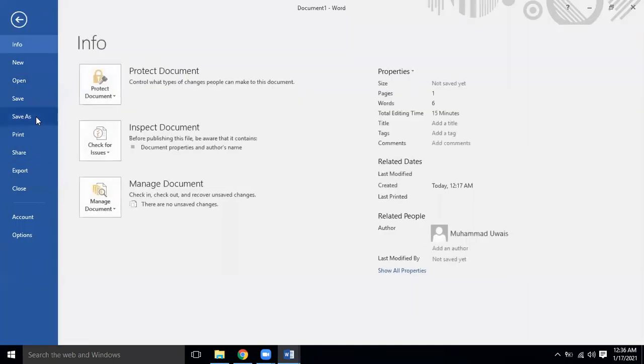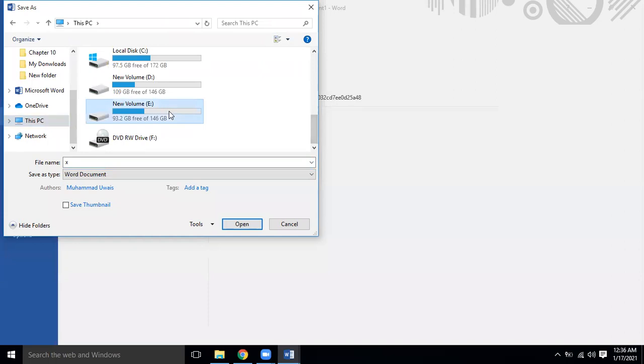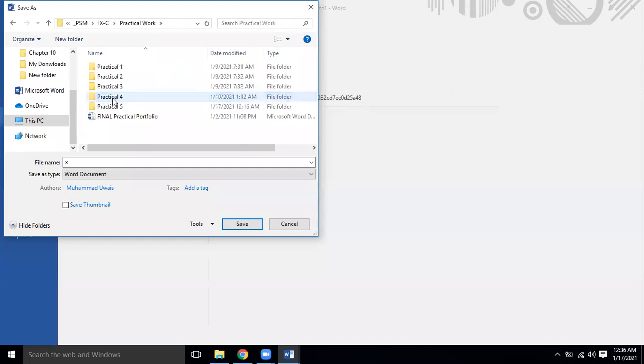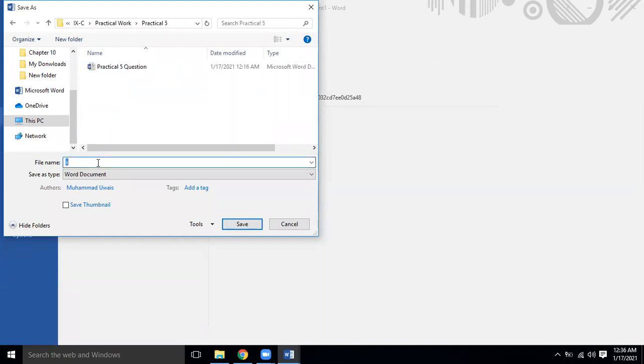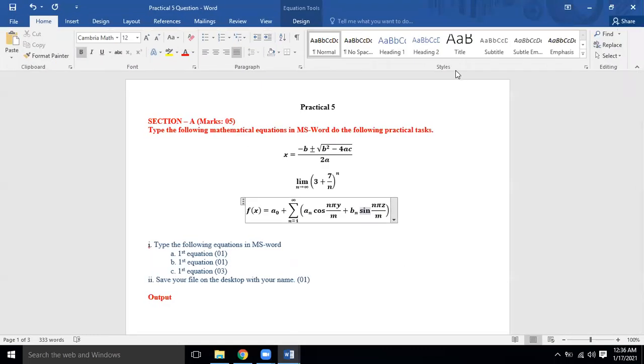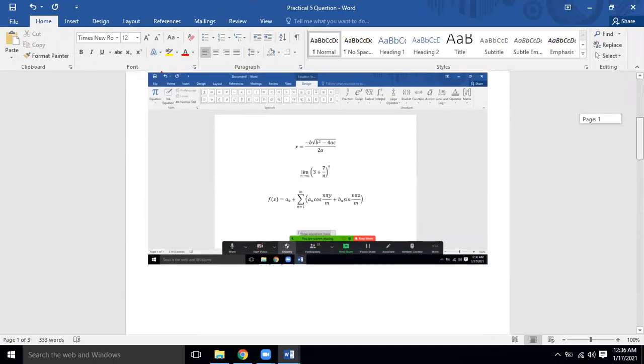I hope so. So I'm going to save it with the name of section A. Okay, I have taken the screenshot. How am I going to put it over here in my work? I will go there and paste over here. There should be a complete screenshot of the work, showing that this is the work that I have done.